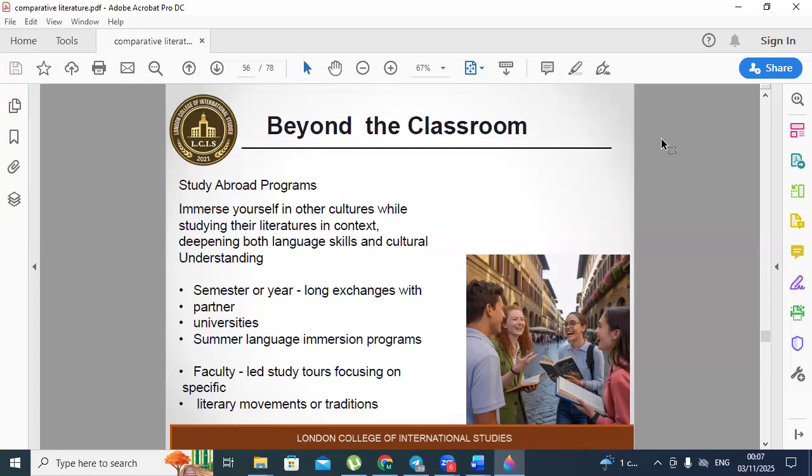This experience deepens both your language skills and cultural understanding in a way that is impossible in a home classroom. The options include semester or year-long exchanges, summer language immersion programs, and shorter faculty-led study tours focused on specific literary movements or locations.